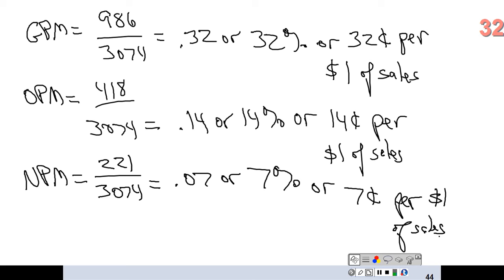Now, good or bad, we really don't know. In some industries, that would be terrible. In other industries, that may be a pretty good net profit margin. So we don't really know. I mean, if you're looking at something like,